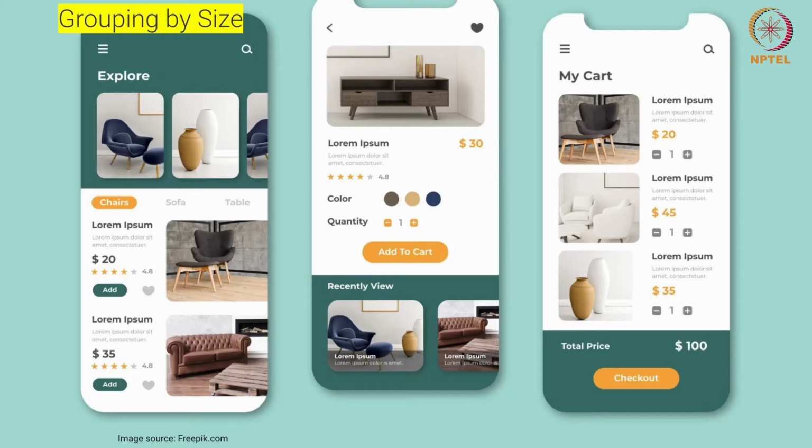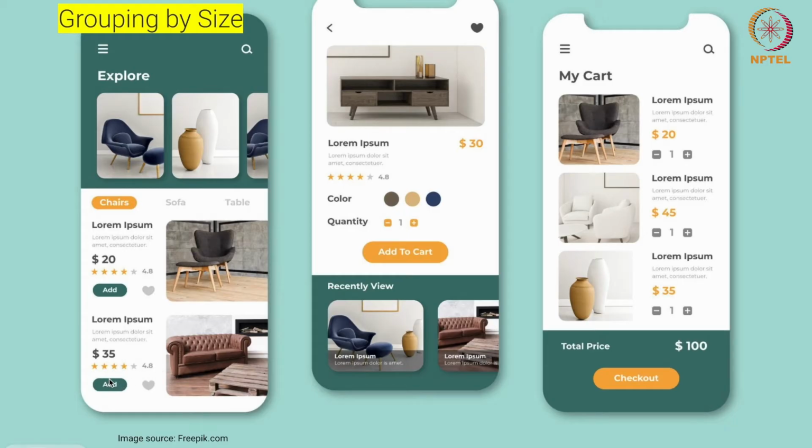And grouping by size: when I see a specific size here, it gives me a perception that this segment is in one group. Similarly, this segment is in another group. Again, the add button is different here. I'm looking at this portion as a similar reference, seeking that if I add this button it will act the same way, so the overall information will go to the cart.